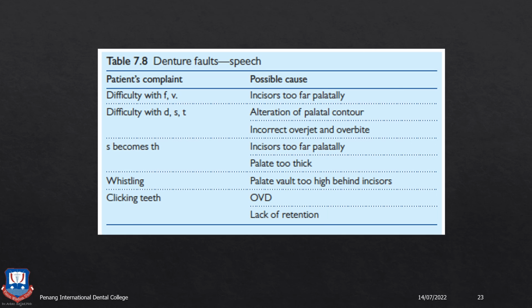So this is a table which shows basically what I told you just now. If the patient has difficulty in pronouncing linguodental sounds or labiodental sounds or sibilants, then you know what the problem is. And also you have to check for clicking of the teeth. If clicking of the teeth is there, that means the vertical dimension is increased, and or the dentures are loose. While speaking, the denture slowly comes down, and the clicking of the teeth is heard. So all these things need to be verified beforehand at the trying appointment, before the finalization of the denture processes.